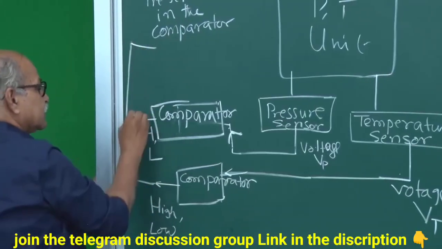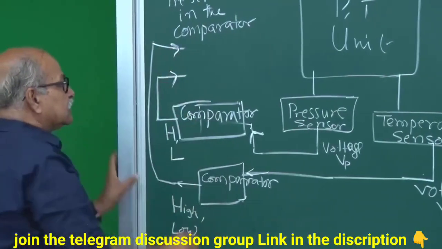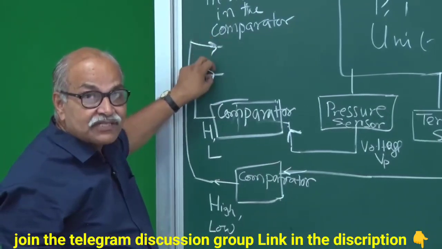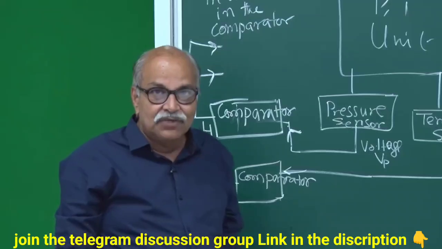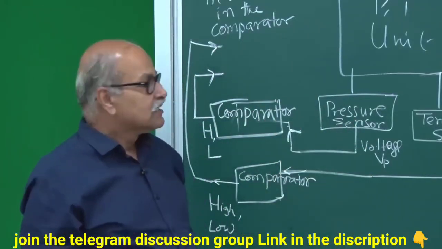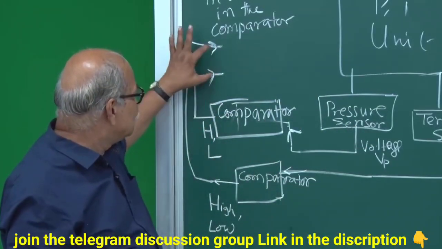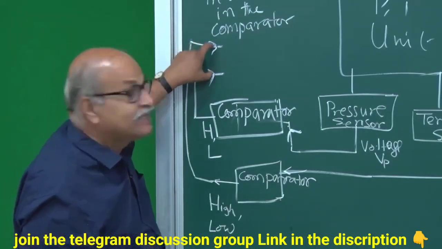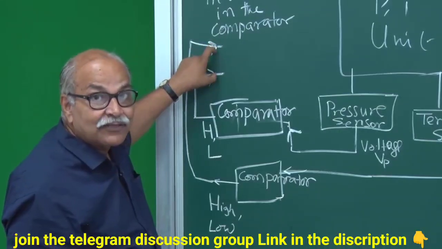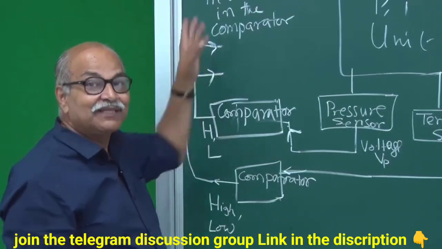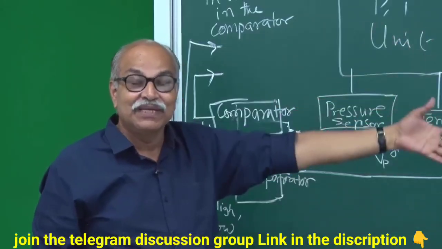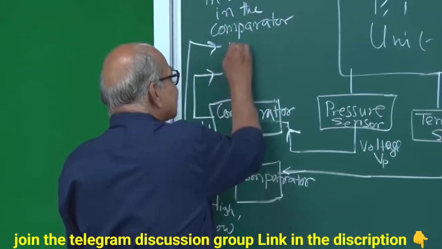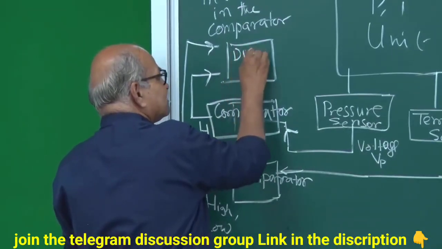Now, I have two signals, I have two voltages, which can be either high or low. Each of these can be 0 or around 0, or say 3 volts or around 3 volts. So, once I have these two signals, I should have a circuit which can process these, which can tell that if any one of them is high, then a signal is created which gives me an instruction to shut down the plant. So, I need a circuit here, and this is that digital circuit I am talking of.